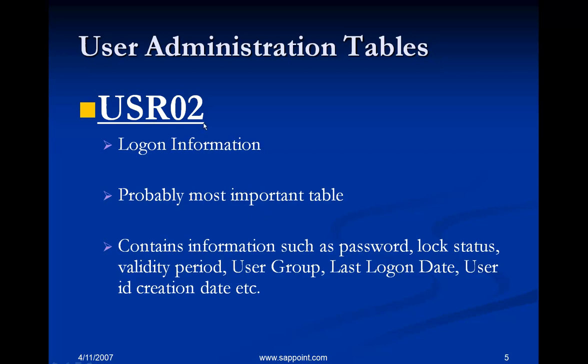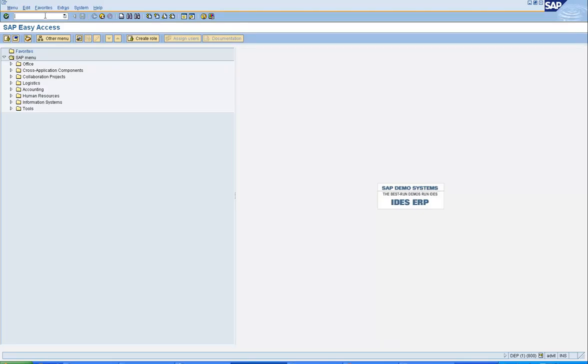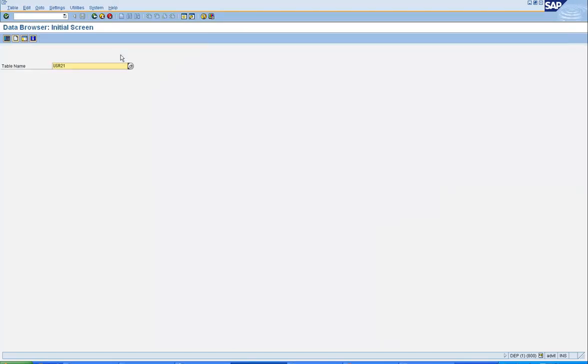So USR02 contains the logon information of a particular user ID. So let's go to transaction EC16 and let's see how we can use USR02.